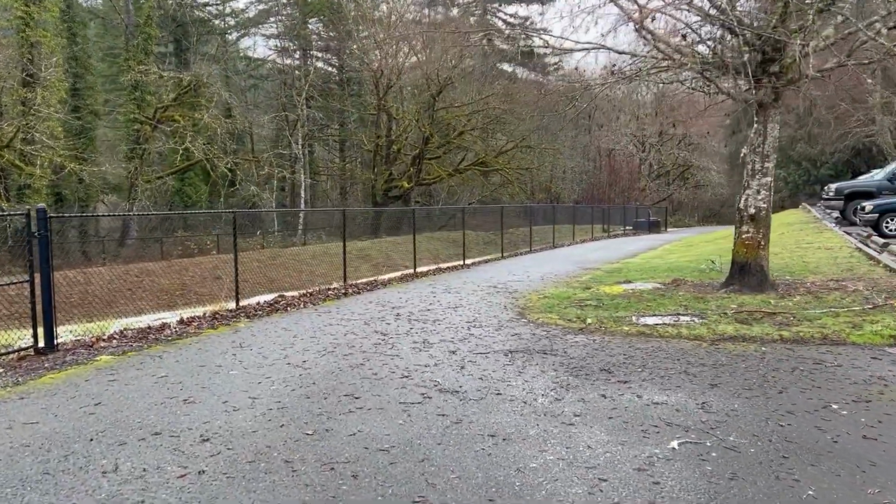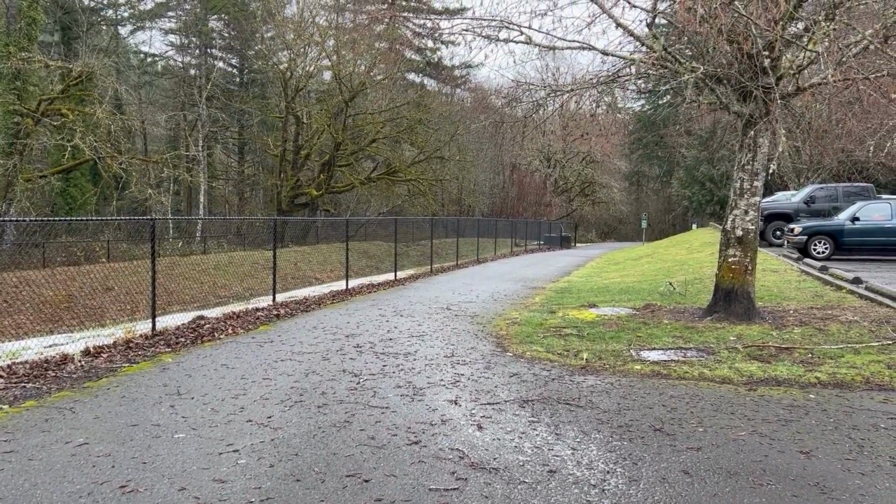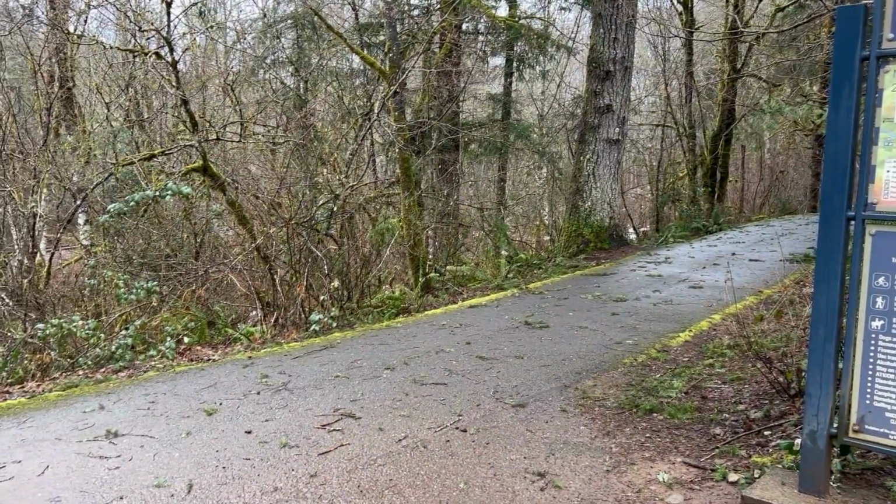Mr. Panda's a little bit tired from our hike at Molten Falls, so I'm going to take you down the trail a ways by myself. Okay, we're here at the trailhead where it tees off. You can go